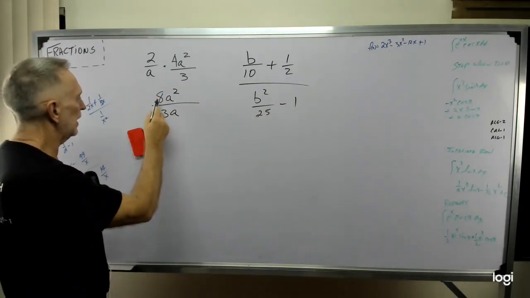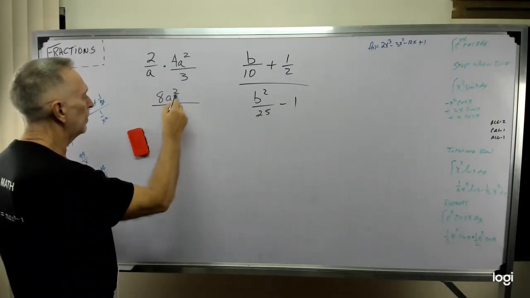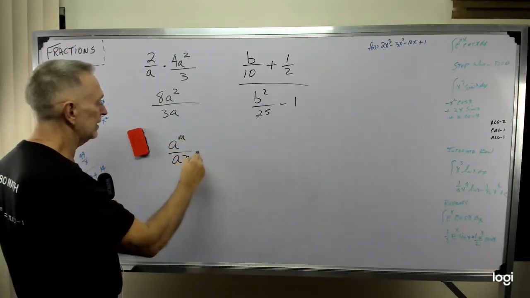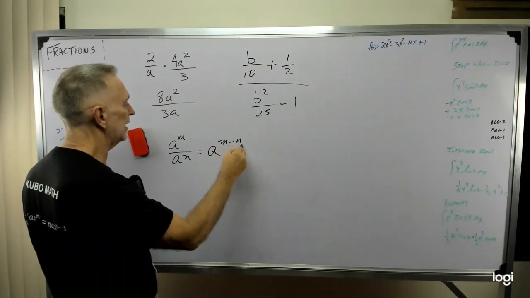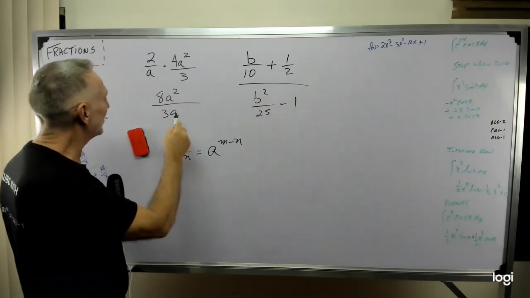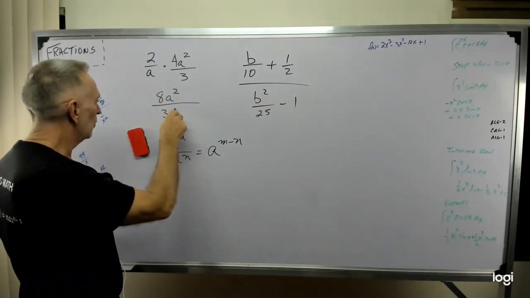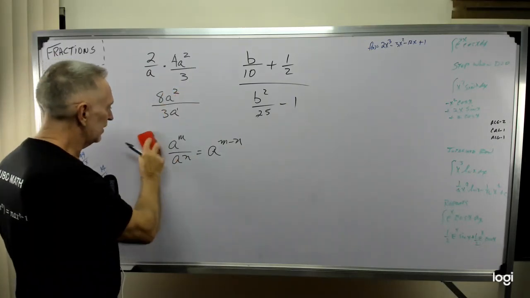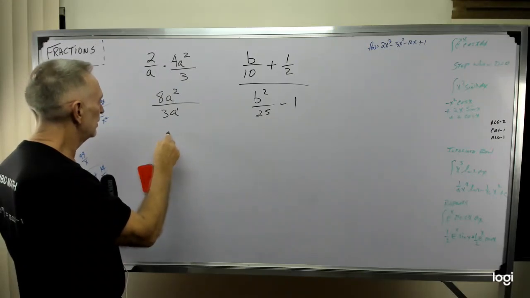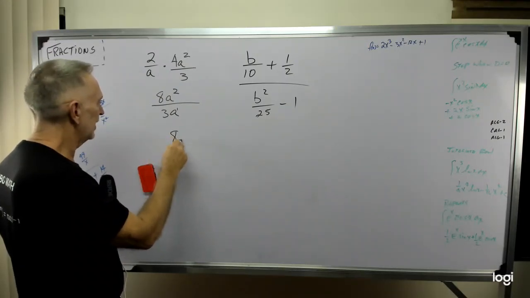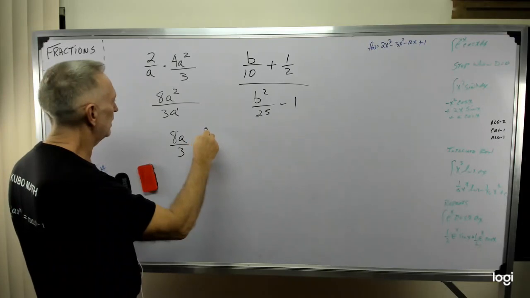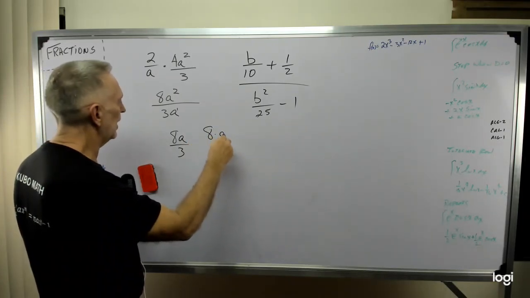Well, I can't do anything with the 8 over 3, but I can with the a's. You know the rule here, a to the m divided by a to the n equals a to the m minus n. So we have a to the 1, and we're subtracting it there, so one a cancels. You could do this a different way. Well, let me get the answer here. We got 8a over 3 as the final result here,